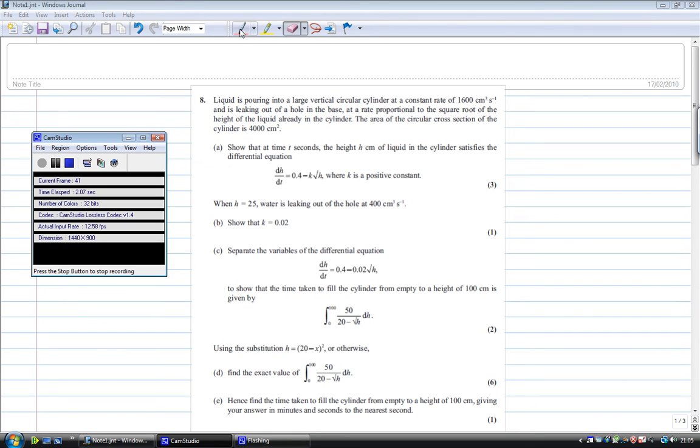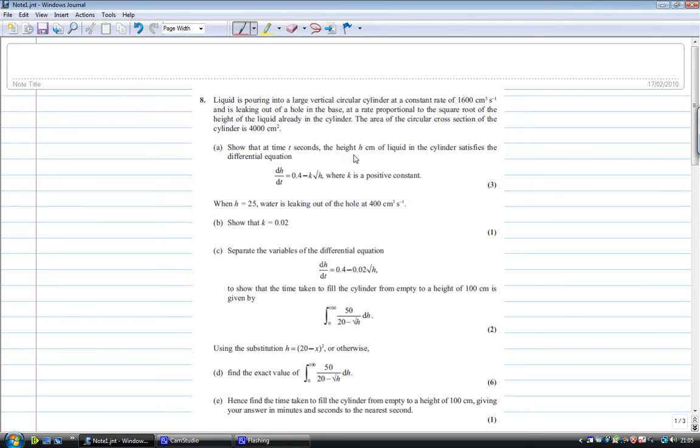Okay, this is a January 2008 Excel exam. It's question 8, a C4 exam. This question is all about the volume change in the cylinder, given a rate at which volume's coming in and a rate at which volume's coming out. Then we're looking at getting the height of the liquid up the side of